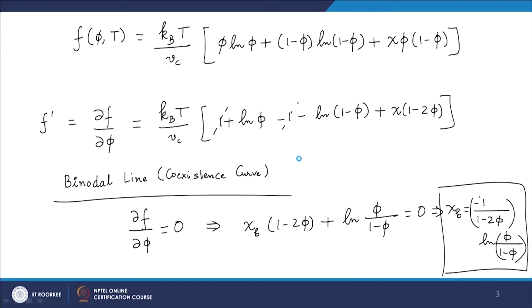You can try plugging in also in the earlier equation, and you should essentially get the same value. But the problem here is that in this particular case you get a 0 by 0 kind of a term. So, you have to take a limit and use L'Hopital's rule if you are going by the binodal, but essentially both should give you the same result, that the solvent quality at the critical point is equal to 2. So, putting all these ideas together,